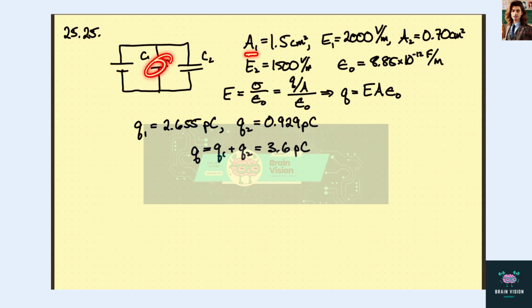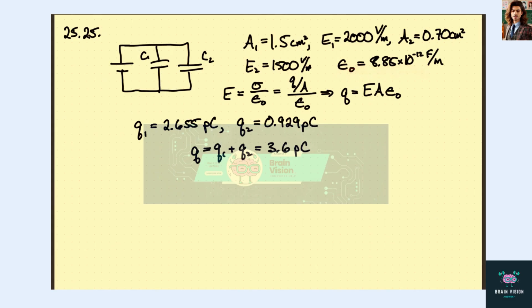the first capacitor has a cross-sectional area of 1.5 centimeters squared. It has an electric field across this capacitor of 2,000 volts per meter. The second capacitor has a cross-sectional area of 0.70 centimeters squared, and it has an electric field across it of 1,500 volts per meter. And obviously, we know the permittivity